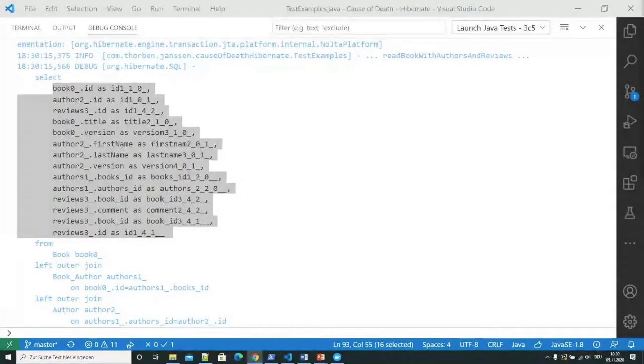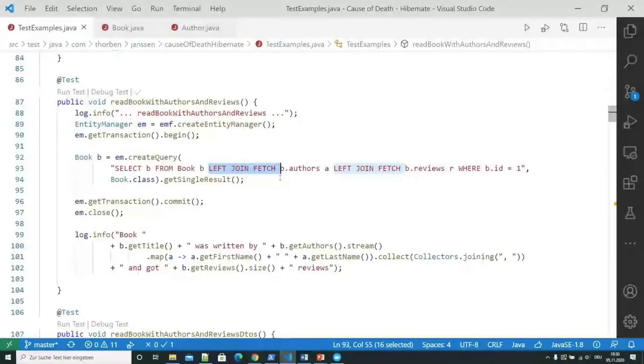In this case, you need to be a little bit careful with join fetches. One thing that often gets discussed is, how many left join fetches should you add to a query? Some people say never more than one. I don't like these hard rules, because that would mean that an association that contains two elements is treated in the same way as an association that contains 100,000 elements. And it's obvious that that doesn't make any sense.